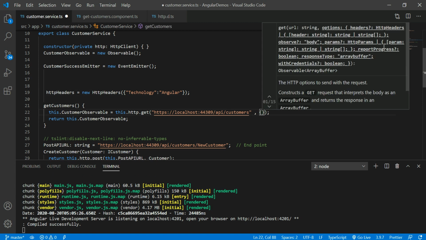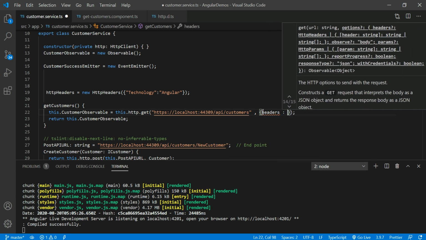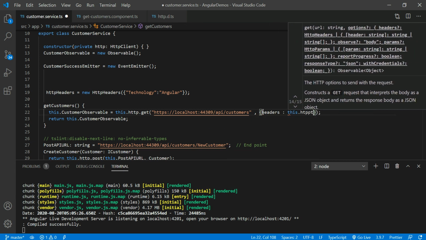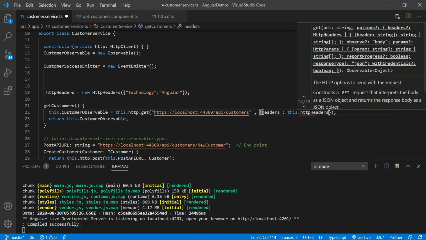So here I am passing this local variable, headers, to the header section. This way you have to add your own header.